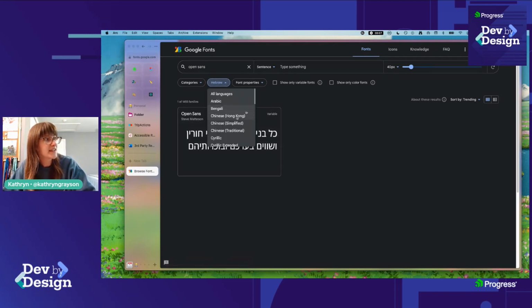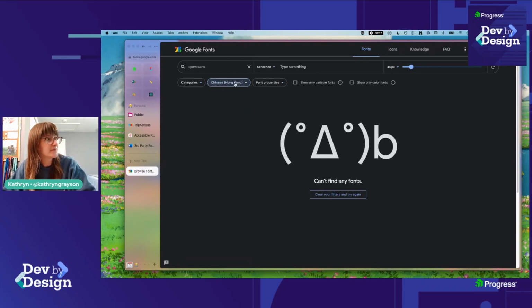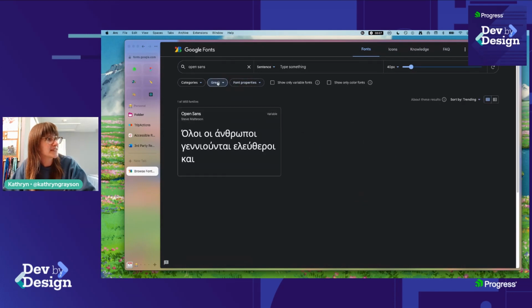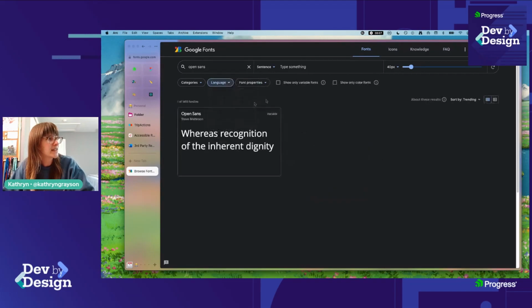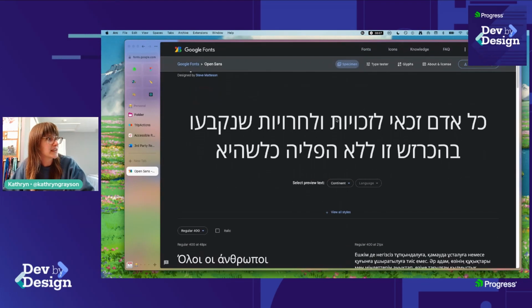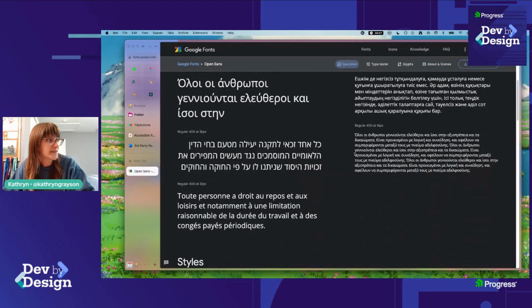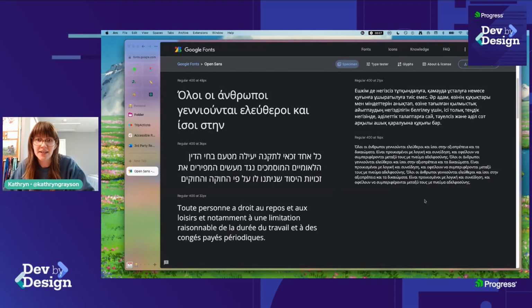Right, so Open Sans adjusts. Oh, maybe not that one. We'll see how many versions of Open Sans there are, right? So there's Greek, right? We saw Hebrew, not Japanese. I'm just trying languages at this point, to be honest with you. But we saw it kind of adjust through a few different languages, right? And here's a great example, right? We can see that the style here carries over. So even though we're swapping between very, very different character sets, the look and feel of those characters stays